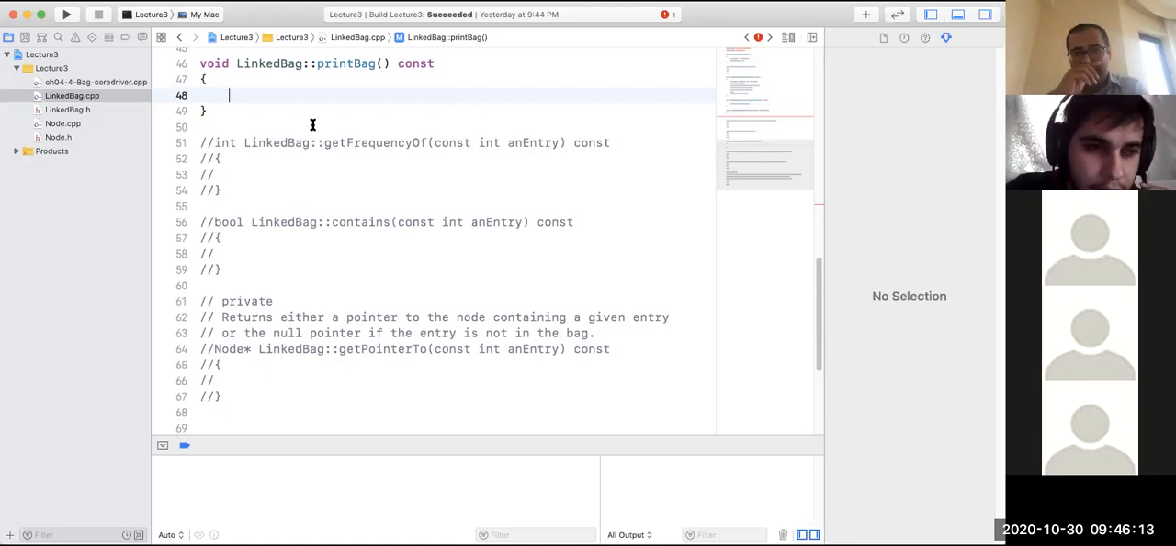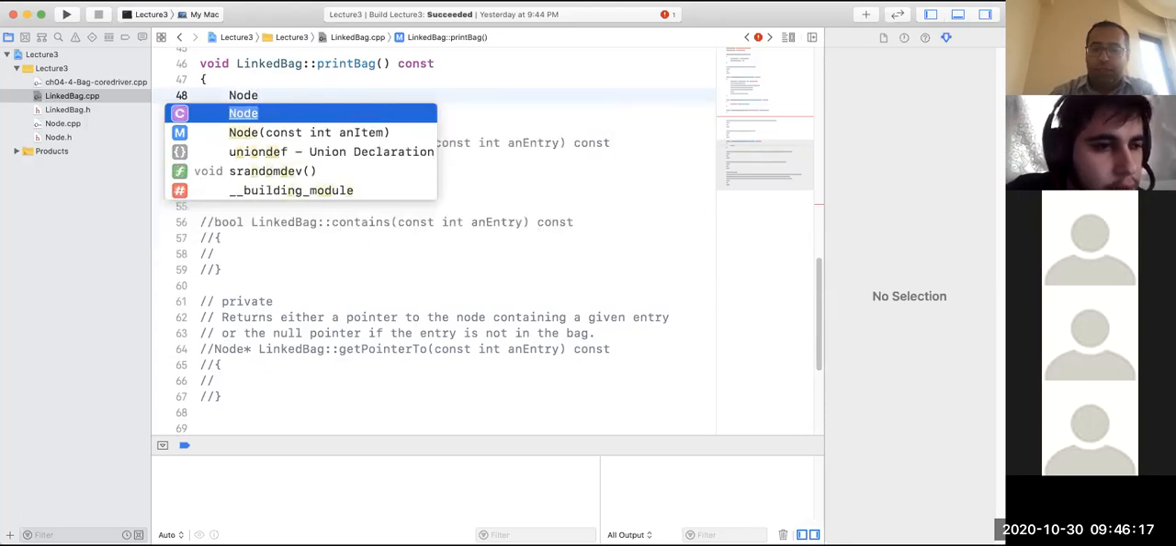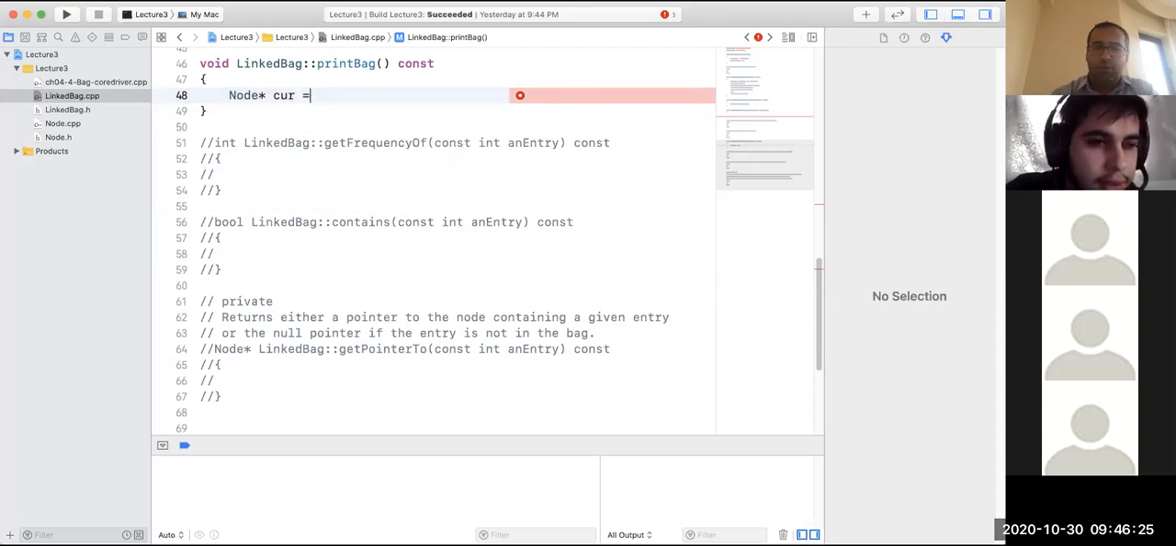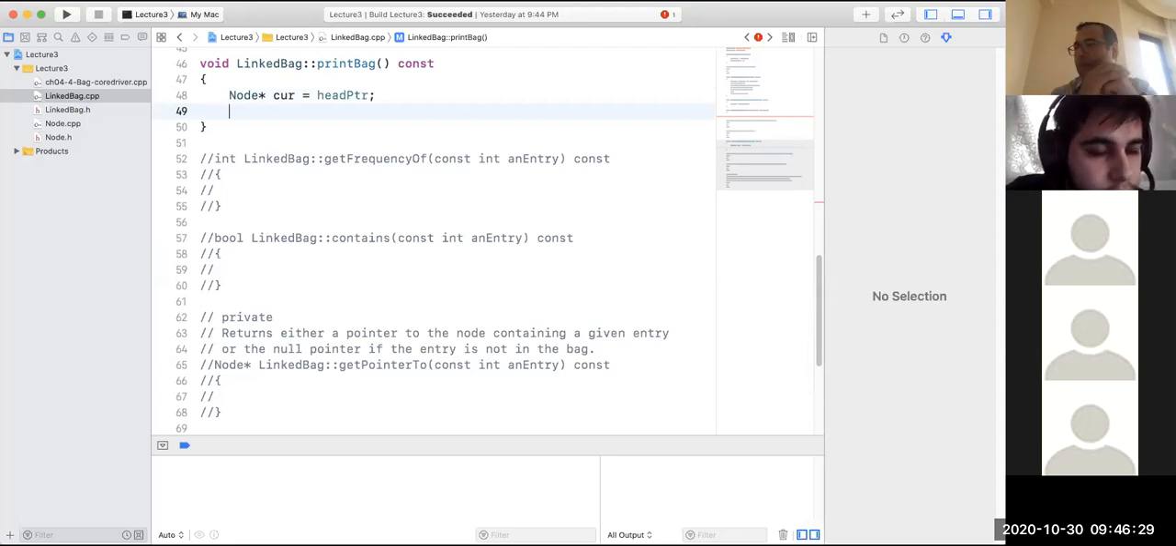This time, we should create another pointer. So I created, let's say, another pointer called node pointer, maybe current, which is going to point to the head pointer. So this will be starting from the head pointer. Then what? While